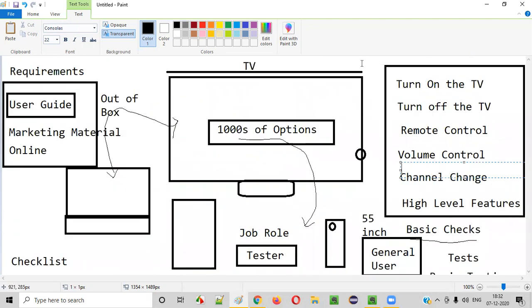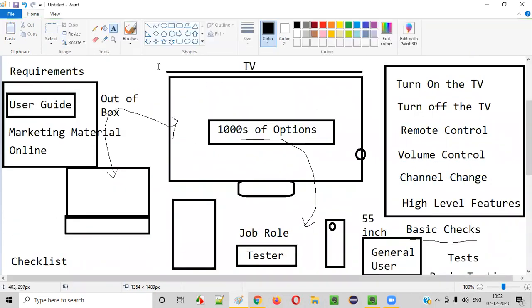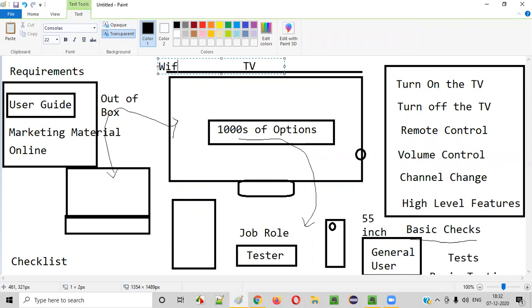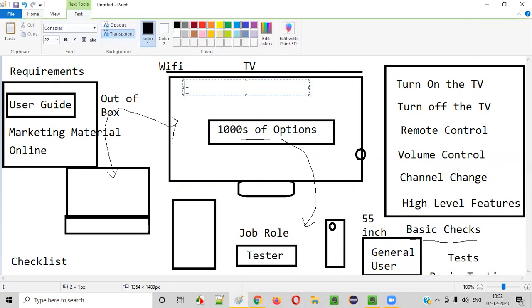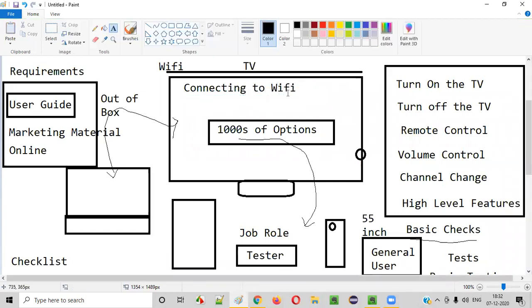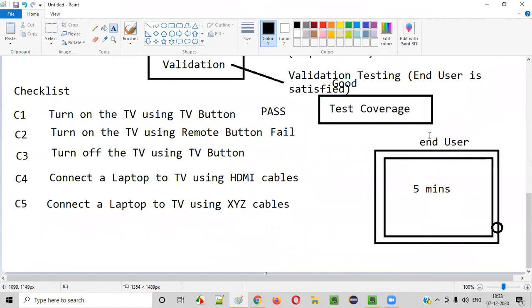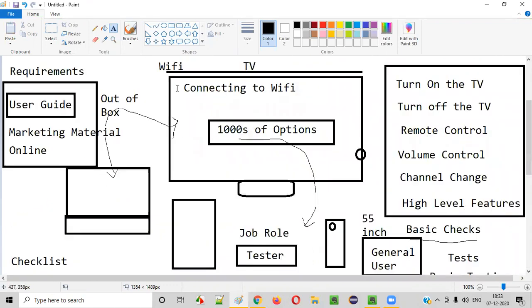Let's say this TV will get connected to Wi-Fi. Let's say this TV is a digital TV which can be connected to Wi-Fi. The TV is connecting to Wi-Fi. That is fine. As per the requirements, the TV has to connect to Wi-Fi. That's okay. But in reality, when you see it from the perspective of the end user, the TV is not perfectly